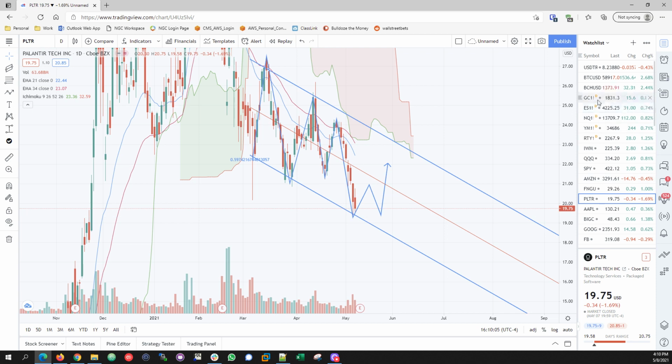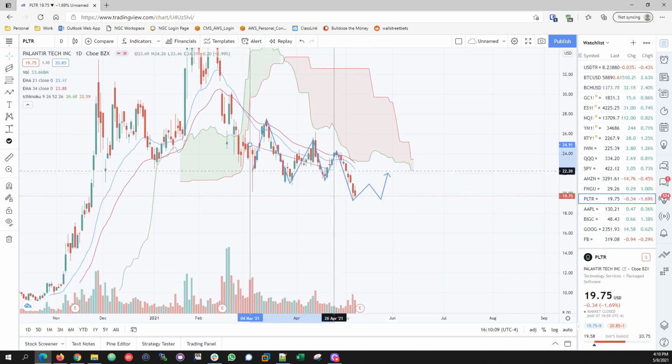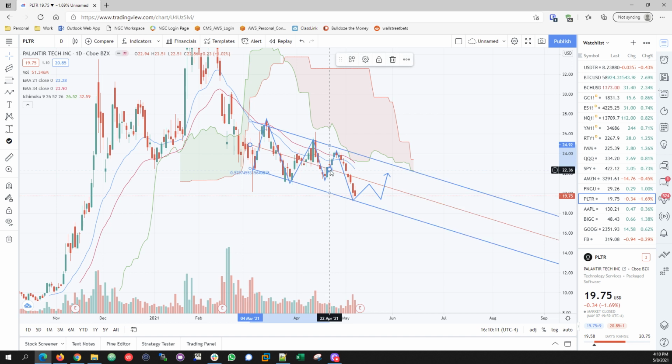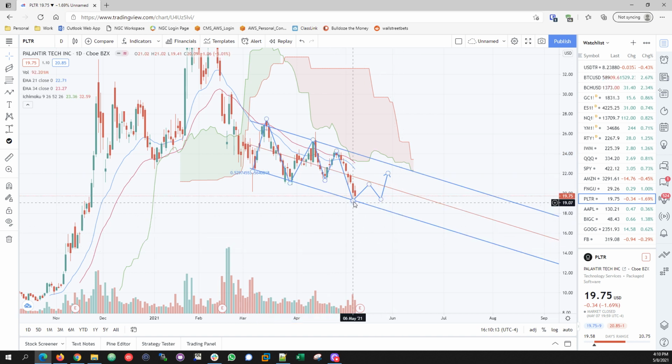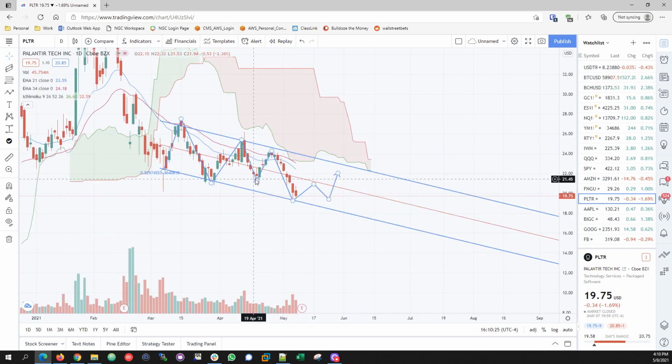One other way to do the regression channel is not to bring it all the way forward, but just bring it a little back and see how it works, and it still works fine. It still is where the bottom is, right here. See, I'm moving it, so that's good. That bounce was technical, but again, this is no way near a bullish sign. No way near.